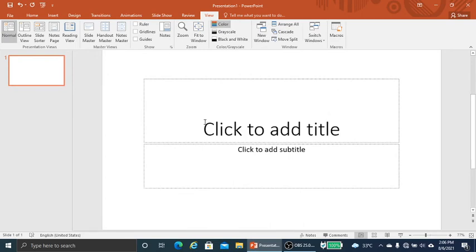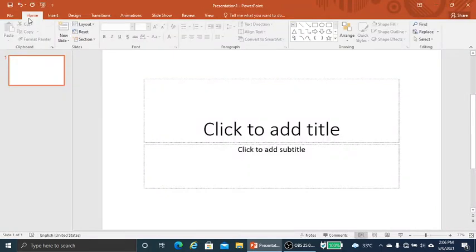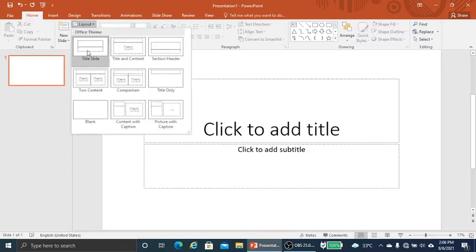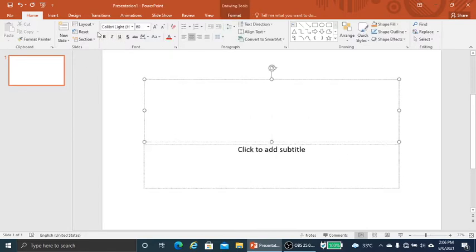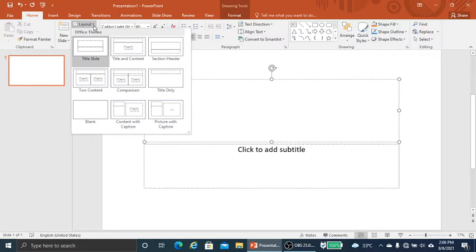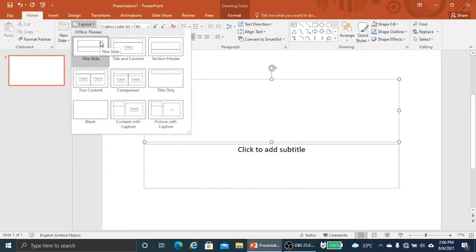And what is slide layout? Slide layout is in the Home tab. In the Home tab, under the Slides group, we can find some layouts, so we can choose our own layout. You can see by default the layout that has come has 2 placeholders. Suppose I want a 3 placeholder layout, so I click this one. I click on the Home tab, Slides group, Layout. Suppose I want a layout in which I can insert an image, so I can click on 2 Content.